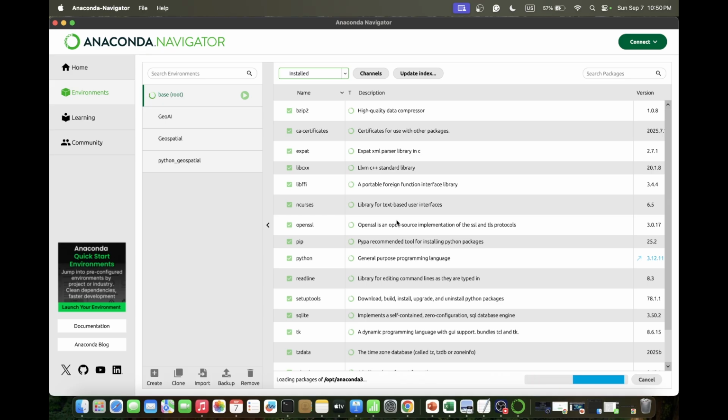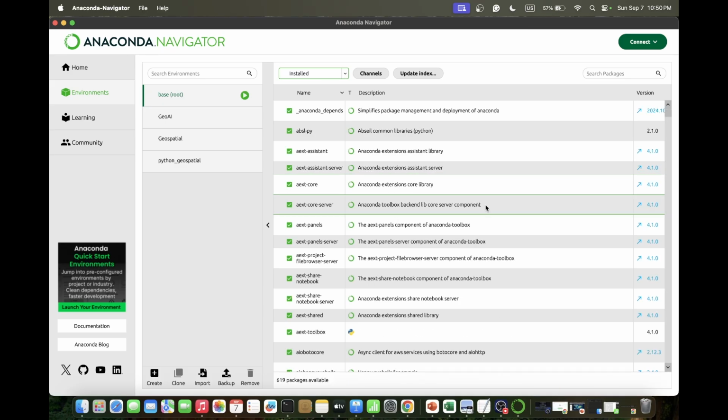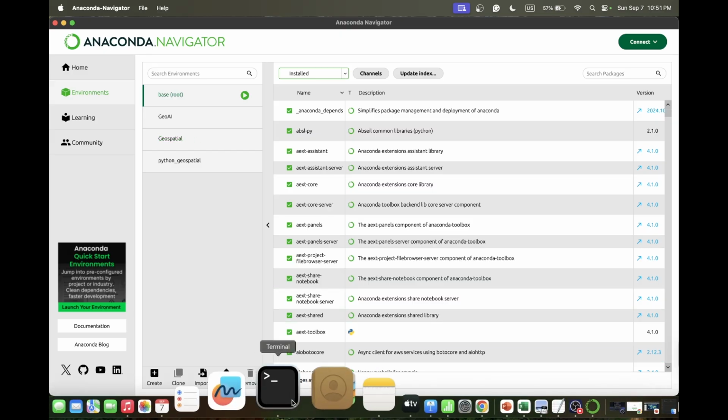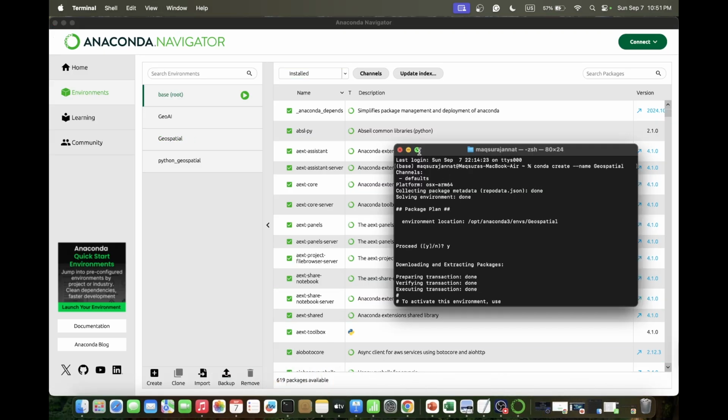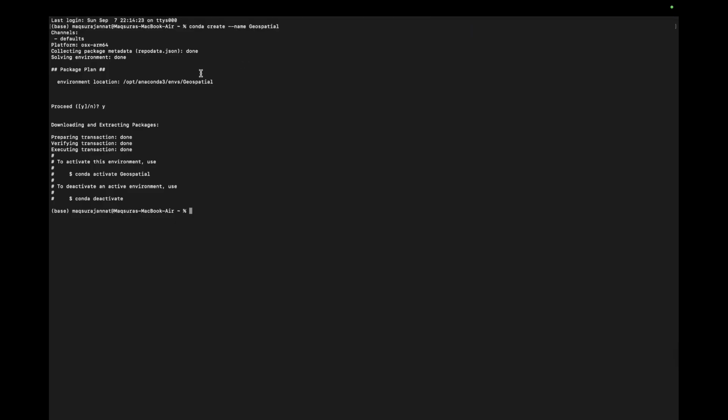So after removing, suppose I want to work with this geospatial environment. You can see here I already created it. After creating the environment, it shows me how to activate it. Suppose I want to activate this environment. Because I have a lot of environments I already created, but I want to activate this one and work with geospatial. So for that, simply write here conda